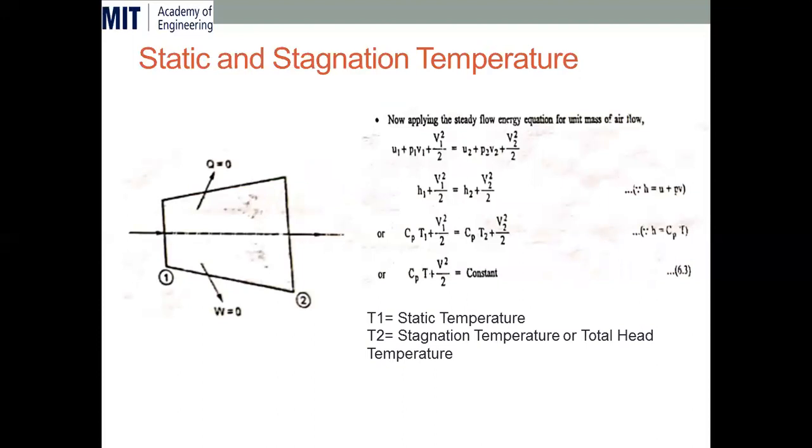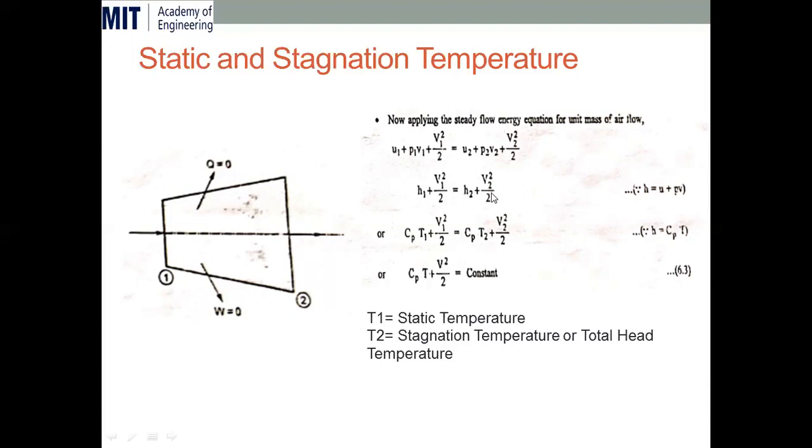We consider one duct again over here, with an adiabatic process, so there is no exchange of heat or work outside that particular system. Again there is section 1 and section 2. Now for the thermodynamic system we have to calculate temperature, so we go for the steady flow energy equation for unit mass flow rate. Basically it's h1 plus v1 square by 2 plus potential datum energy plus q